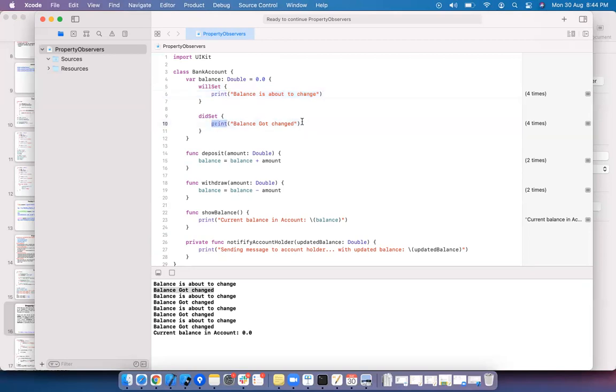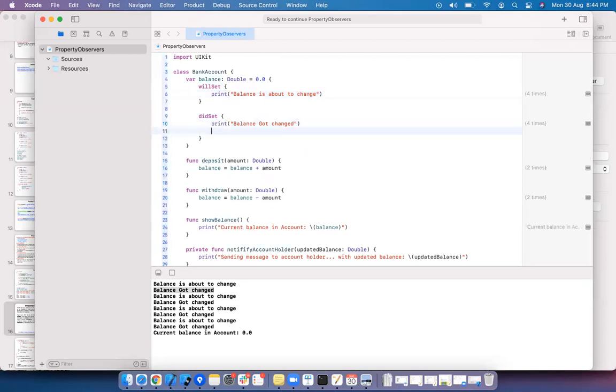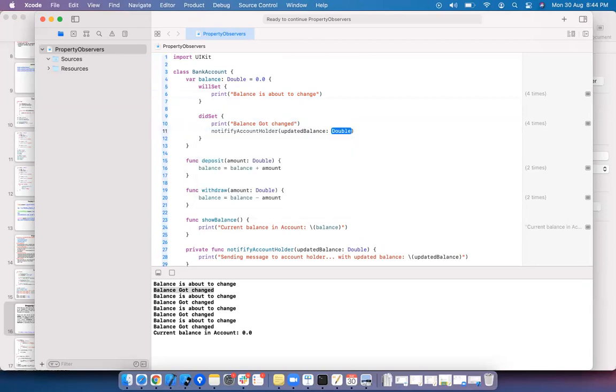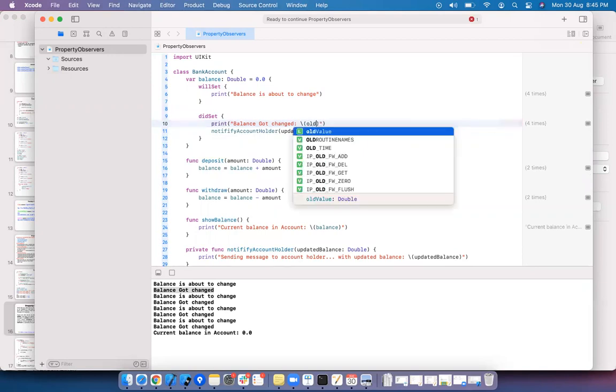didSet, when the balance is changed, what I can call is updated balance. Here, didSet means already set. Here you can use the old value.